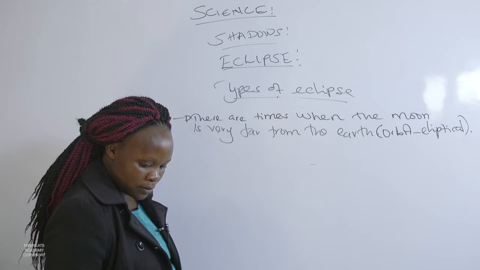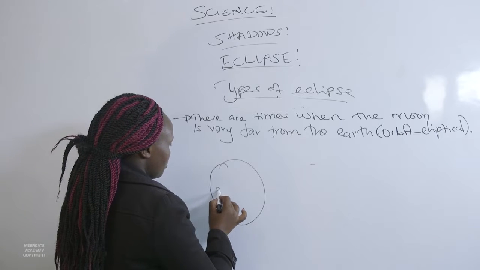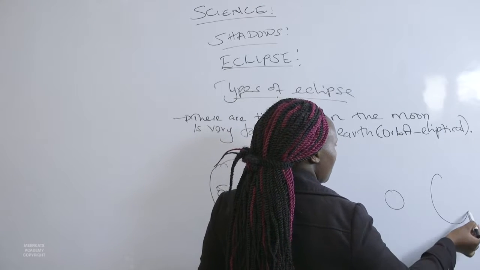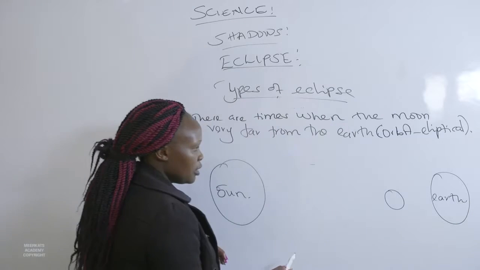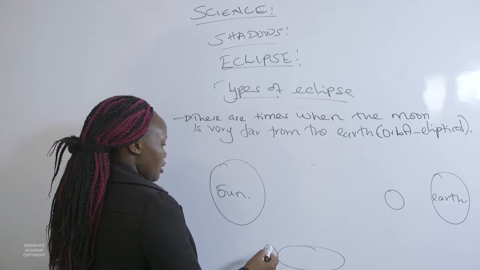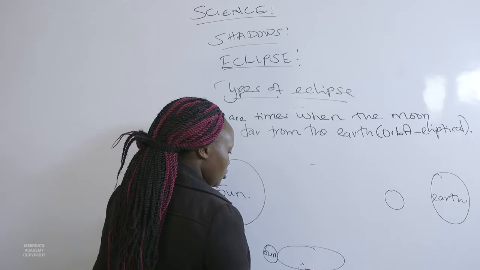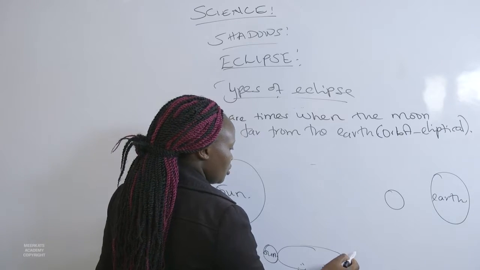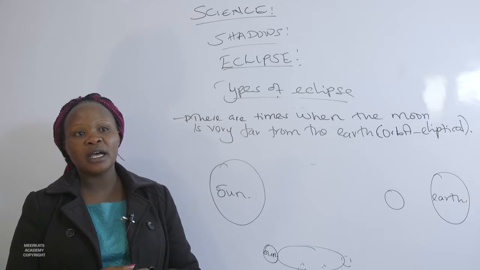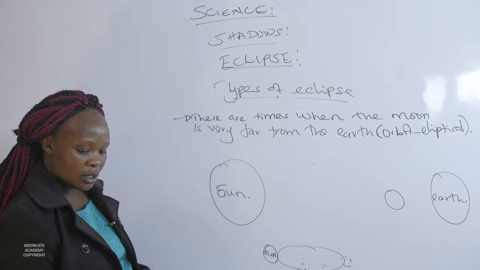And when that be the case, you will have the solar eclipse, where this one is the sun. Then you will have some moon, and then it's very close to the earth. Remember that the orbit is actually elliptical, and therefore the moon is following this orbit round and around. It will reach a point when the ellipse is actually going to give it a chance to be as far as possible from the surface of the sun. And when that be the case,